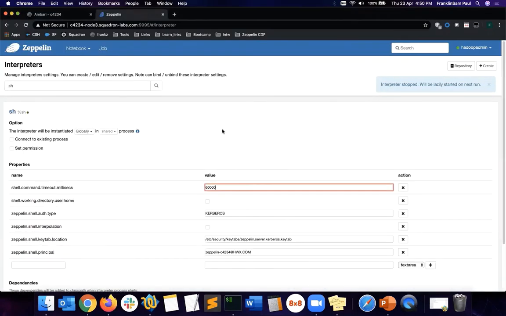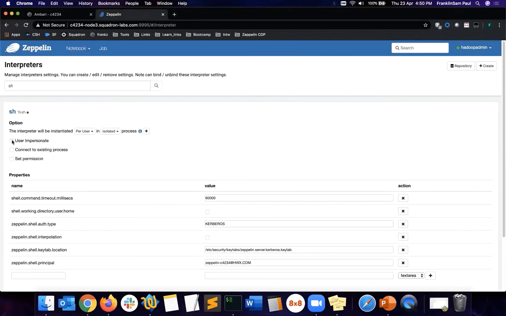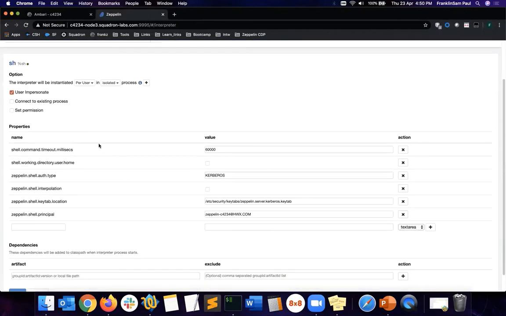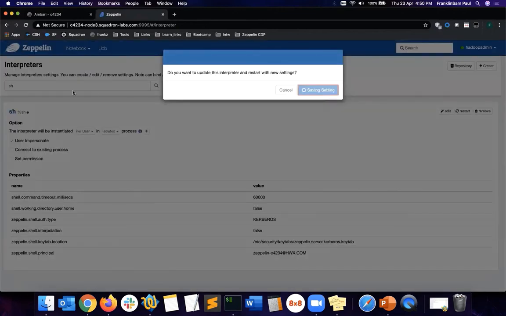In the backend, I already enabled passwordless SSH so that the Zeppelin user can fork a process as the end user. I created a passwordless SSH between Zeppelin and the Hadoop admin user. So I'm going to change this to per user isolated to have a dedicated JVM, and I'm enabling the user impersonation. When the impersonation is enabled, it has to be an isolated mode so that other users cannot share that session, because that is running as the end user. So now I'm going to save this,